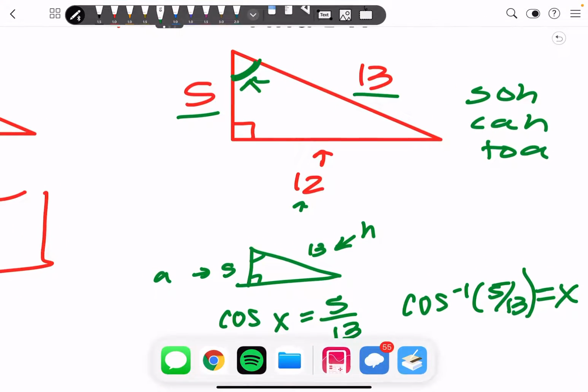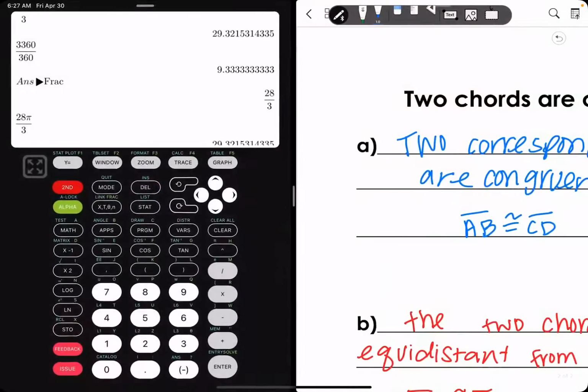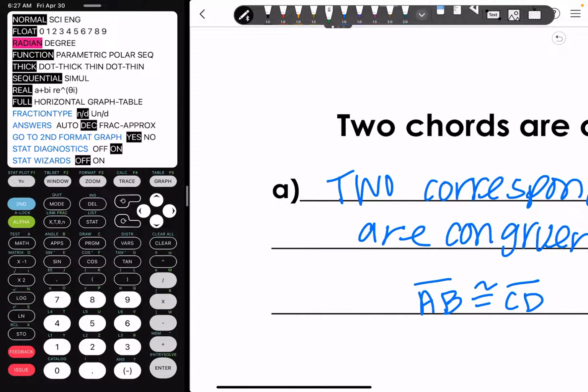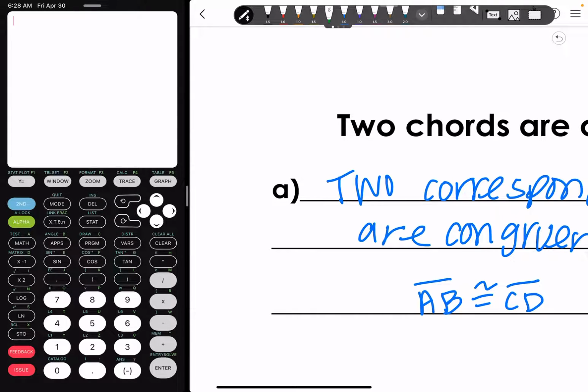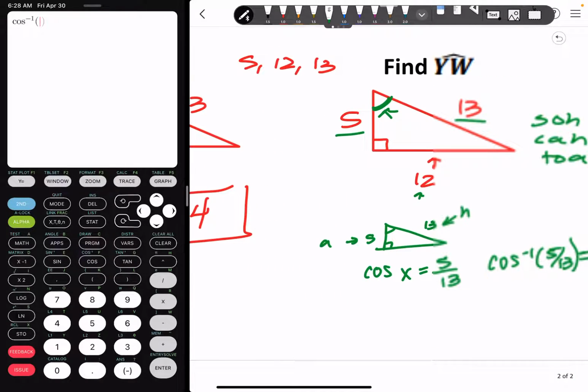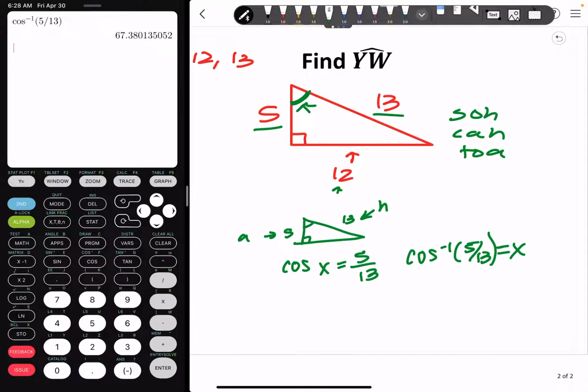So let's go ahead and pull up our calculator. Now remember, you must be in degrees mode. So we're going to go to mode, change it to degree, and then we can do cosine inverse. So second cosine of 5 over 13. And you can just type it in like that. If you want to do it as alpha y equals, it'll give you the same exact thing. And we get that x is going to be approximately